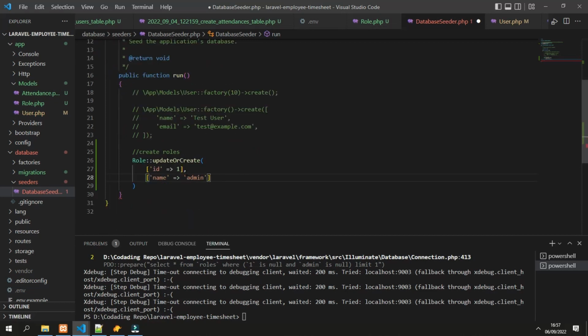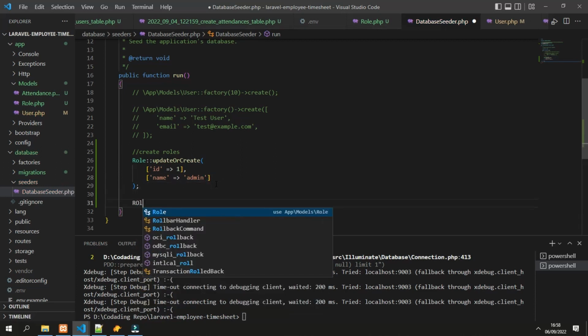The first parameter will check if there is already data with ID number 1, and if it exists it will update the name to be admin. But if ID number 1 does not exist, then it will create the role object with ID 1 and name admin. So that's the first role.